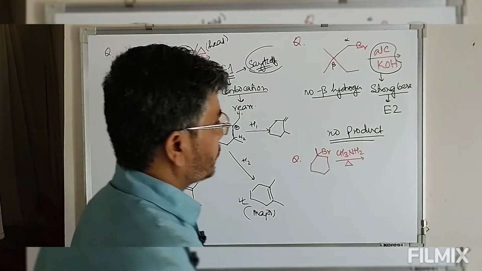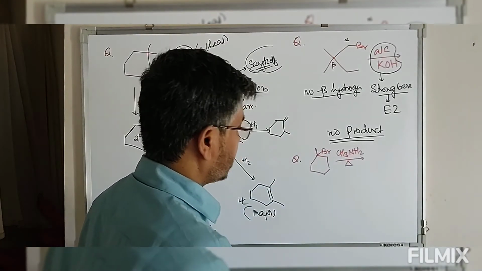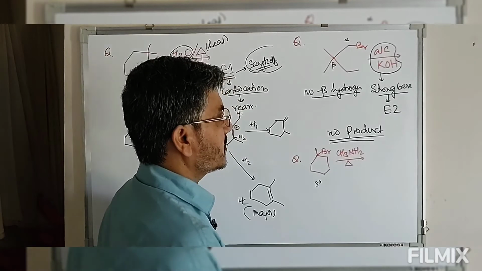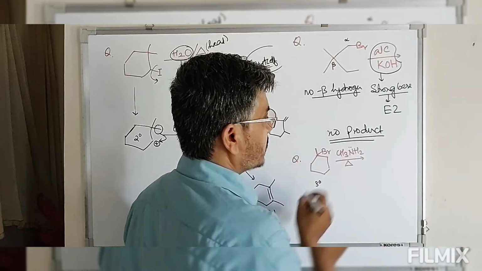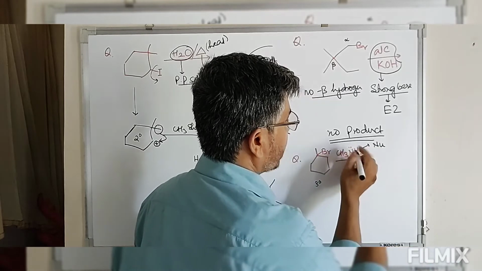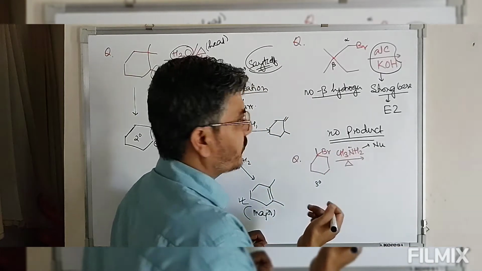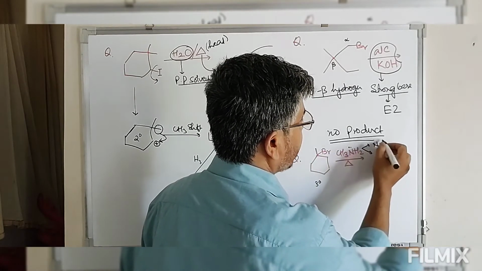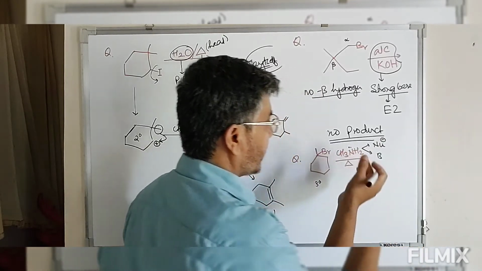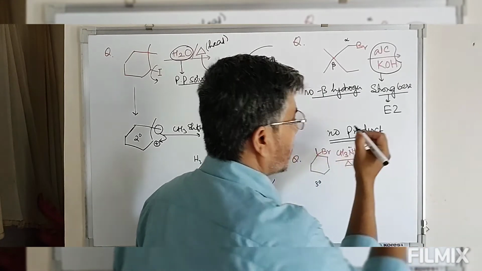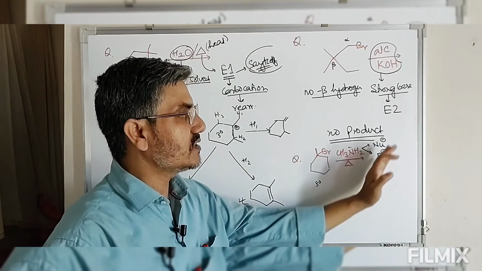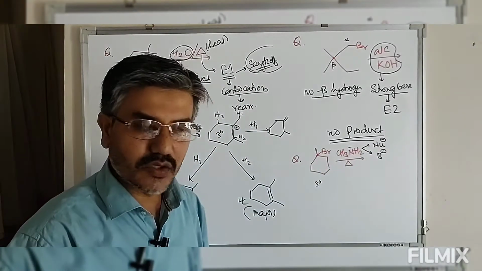In this next reaction, we have this tertiary alkyl bromide. Now this reacts with methylamine. This methylamine can act as a nucleophile because nitrogen with a lone pair is a good nucleophile. It can also act as a base because ammonia and alkyl-substituted ammonias are also bases. So now look at this. This can act as a base or as a nucleophile.